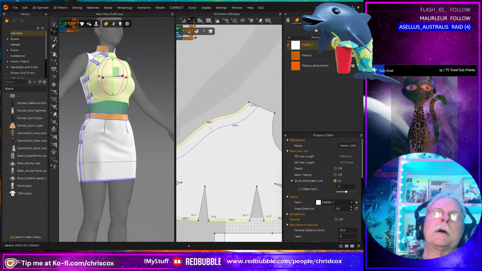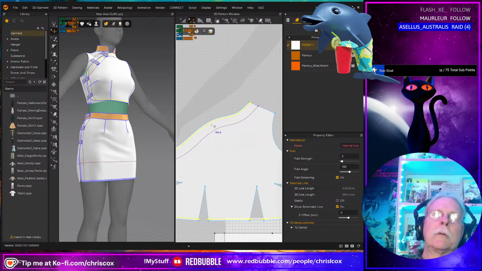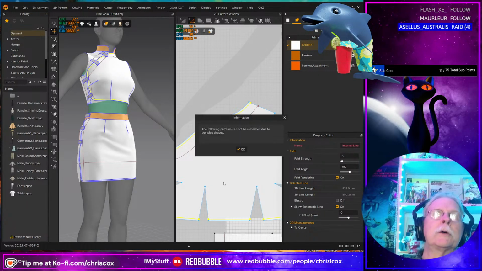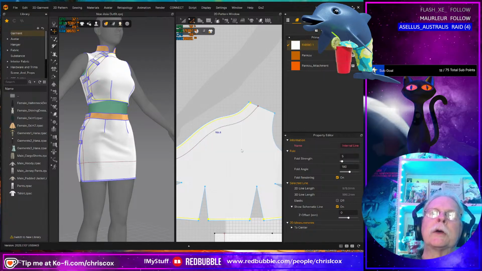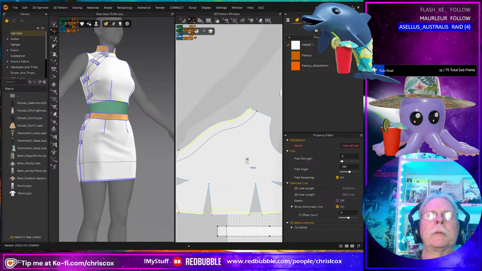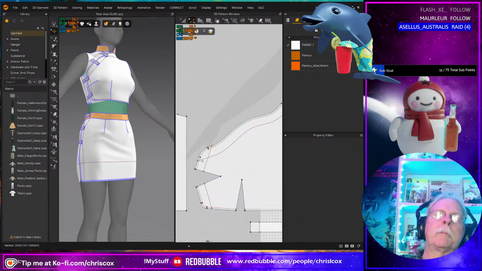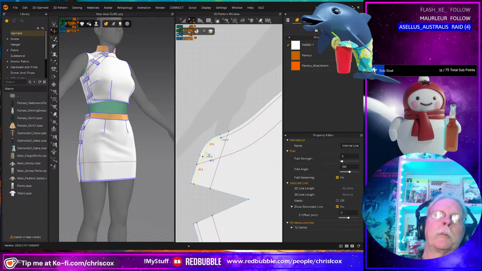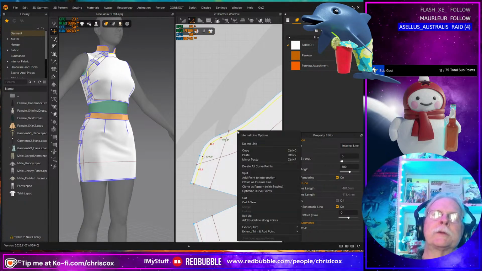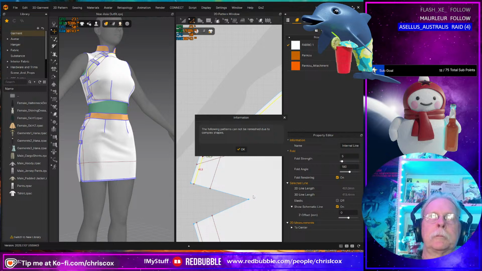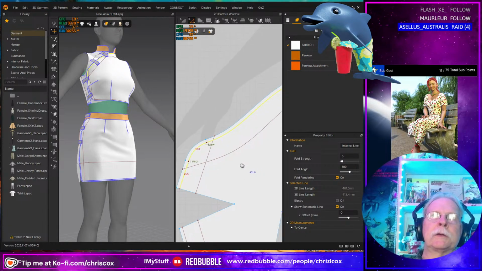Say 5. Right click, cut and sew. Should be good. Oops. Cannot be remeshed due to complex shapes. Does that mean you don't want to cut and sew? Is that my complex shape right there? Maybe I have to do you in baby steps or something? Yeah, that's the one that's giving me heartache.